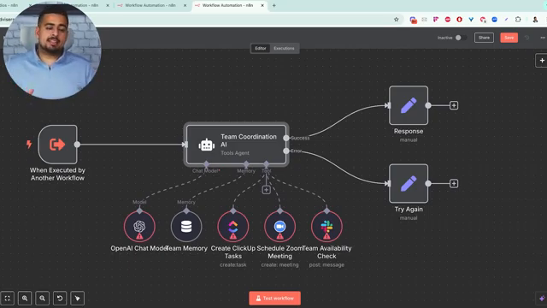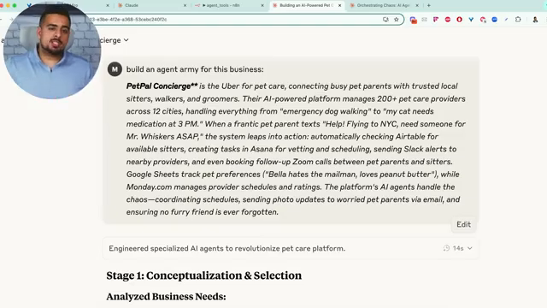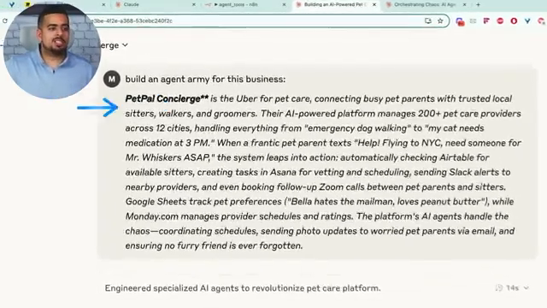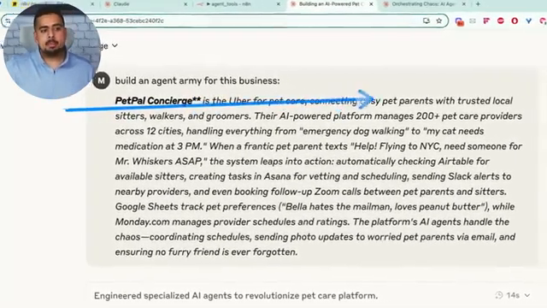No. But being able to set the foundation with this head start will help you speed things up and also help you brainstorm in a short amount of time what could be possible. For the second business, we have Pal Concierge, which is the Uber for pet care, connecting busy pet parents with